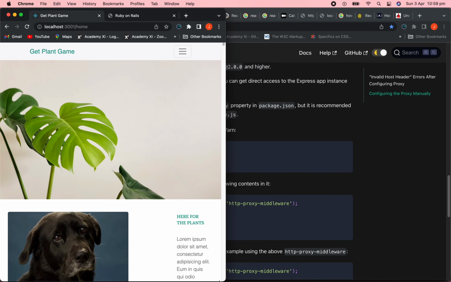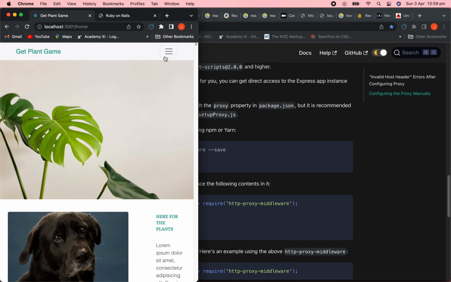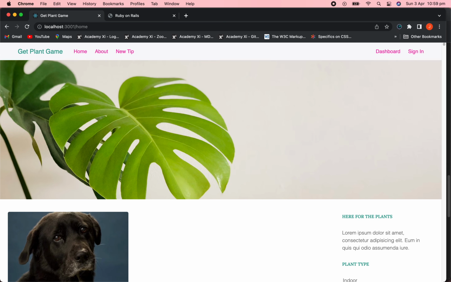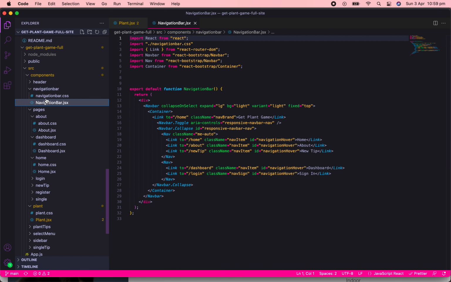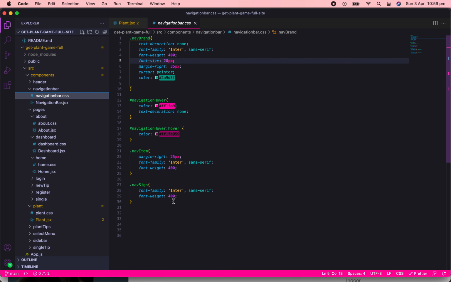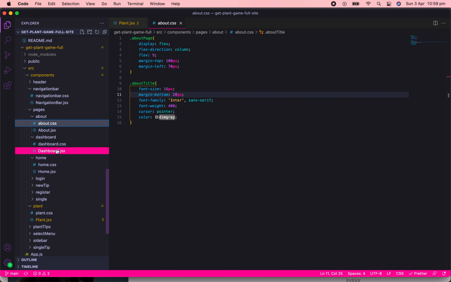So everything is responsive, and it goes down into this toggling navigation there. Got CSS, the about component and CSS,